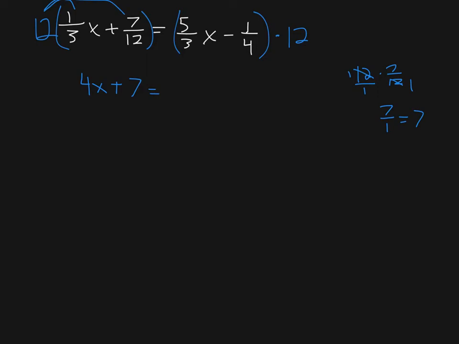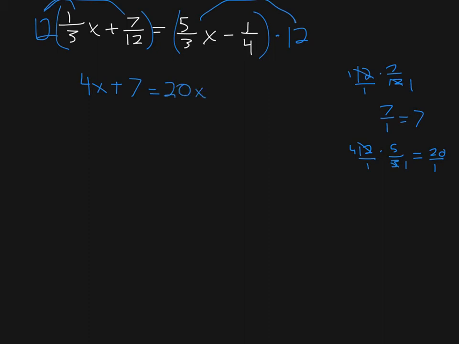Now on this other side, we have 12 times 5/3 x. You can show that over here too. 12 times 5/3, it's 12 over 1. We can cross cancel. 3 divided by 3 is 1. 12 divided by 3 is 4. And we get 20 over 1. So this becomes 20x,